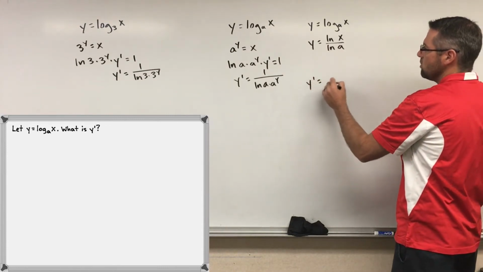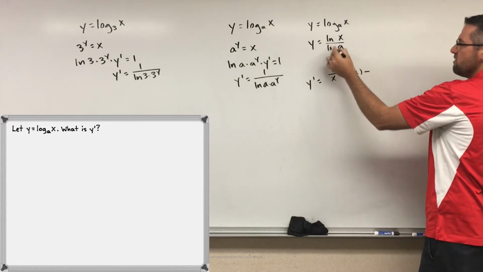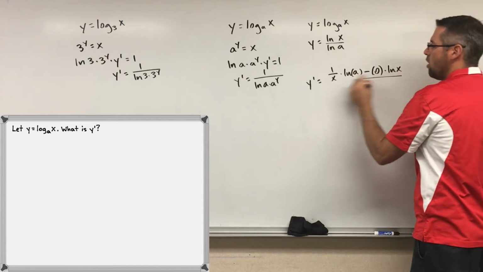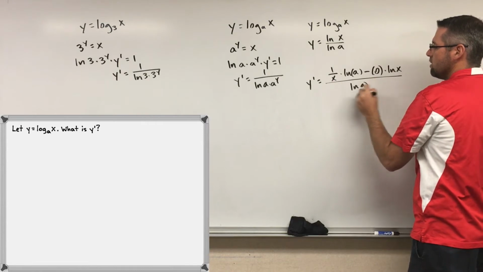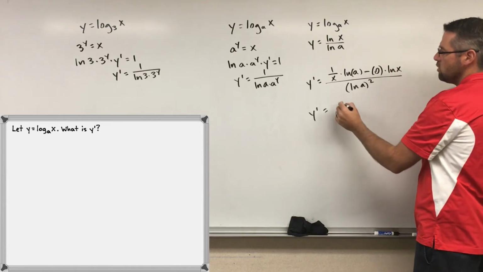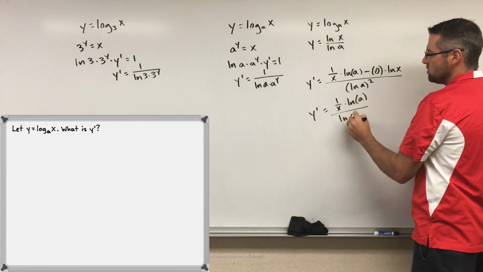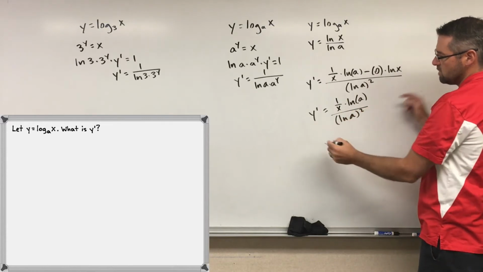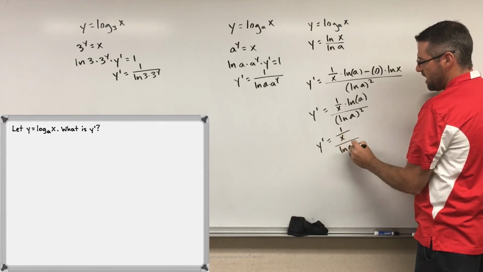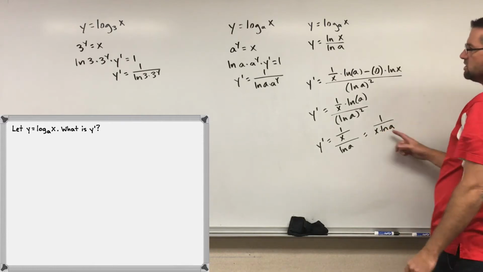That'd be y prime equals 1 over x times natural log of a minus, what's the derivative of natural log of a? It's 0 because that's a constant, times the natural log of x, all over the natural log of a all squared. Then we can simplify that a little bit. That's all going to go away, and you're left with 1 over x times natural log of a over natural log of a squared. The natural log of a's can reduce, and so you're left with 1 over x all over natural log of a, but that can be rewritten as 1 over x times natural log of a, which is exactly,